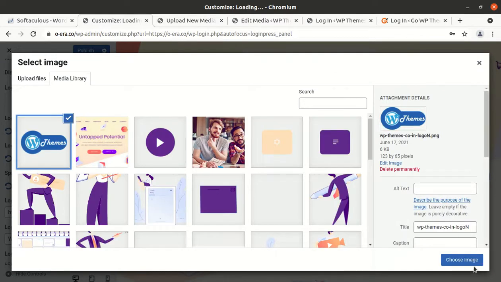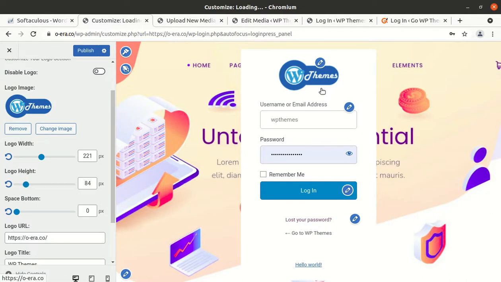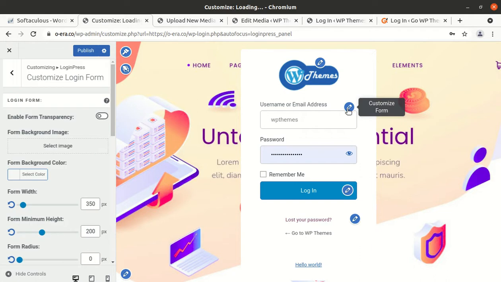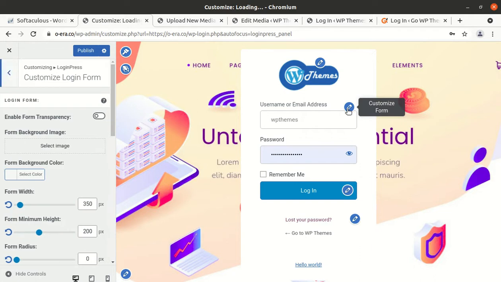This image we uploaded, and we can choose image. Now it has been changed. It is simple. I was making a mistake. So now we have changed the background and the logo itself, and now we have an option to customize the form as well. This is all available in the free version. Remember it is not a paid version which I have installed.